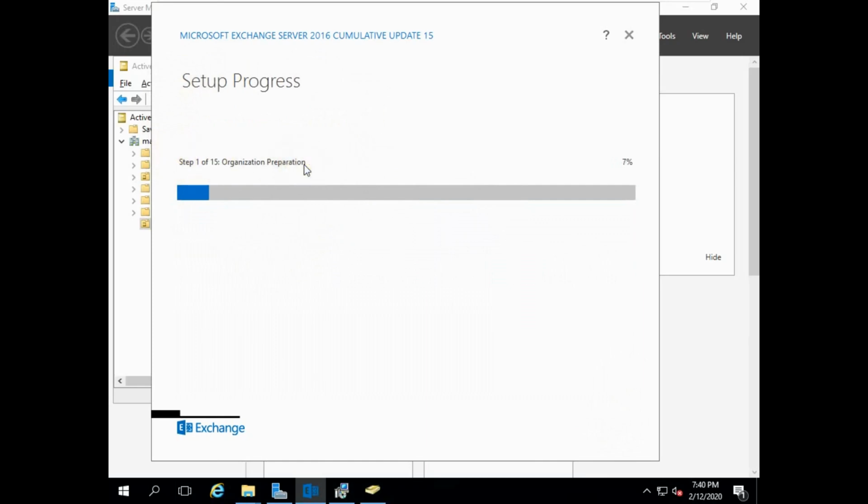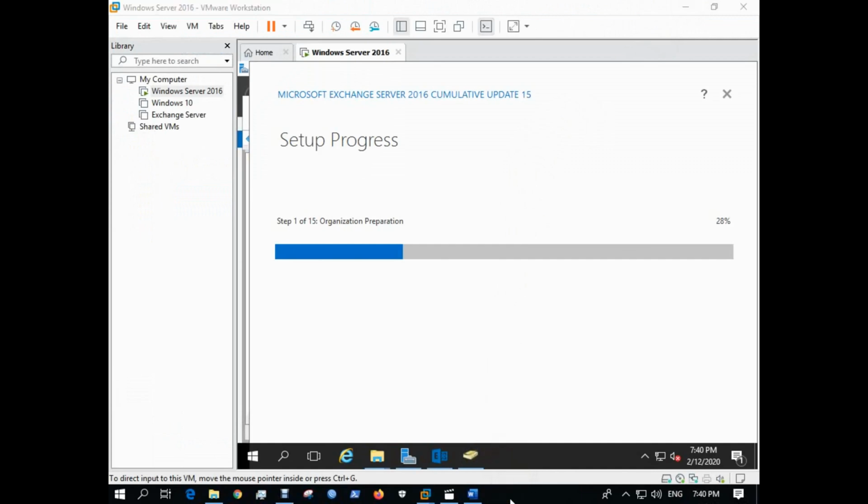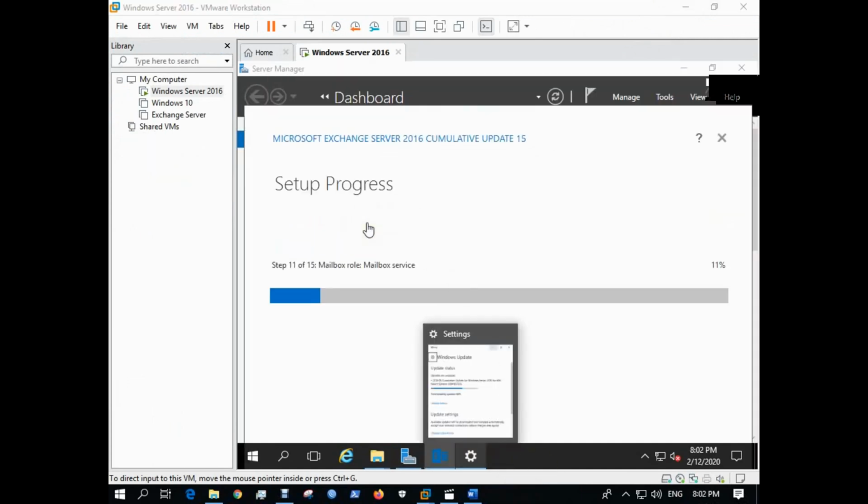A step progress will go through step 1 to 15. It will take some time. Now I am pausing the video. Now we are in the 11th step.